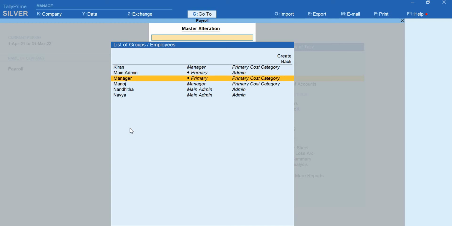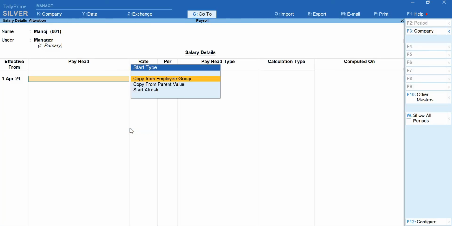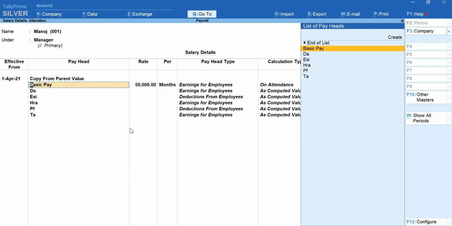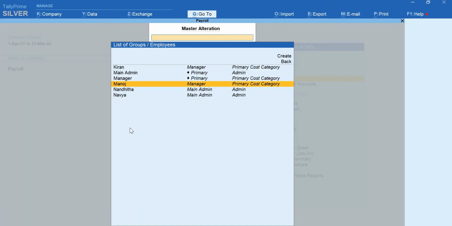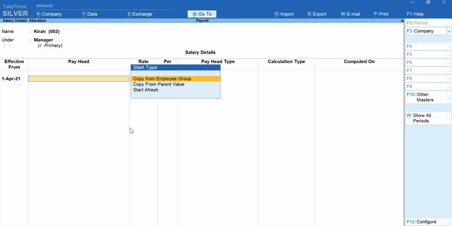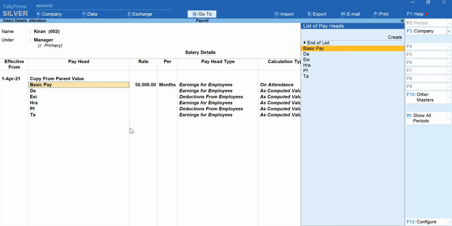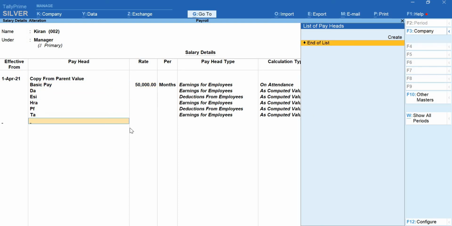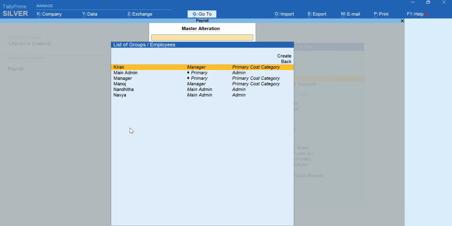So I have Kiran and Manoj. Get into Manoj, 1, and again copy from parent value. So whatever you define for the manager group will be copied here. Again you will get into Kiran, 1, enter, copy from parent value. We'll have the same details. Accept this screen as well.